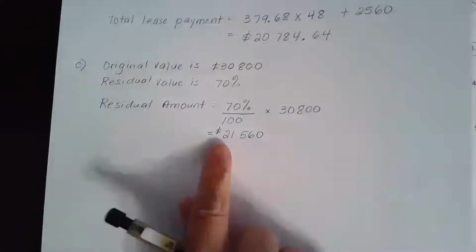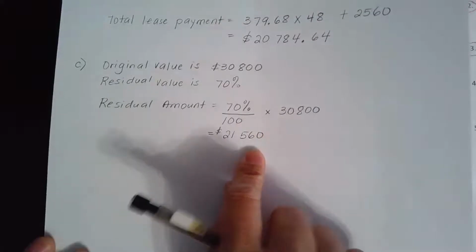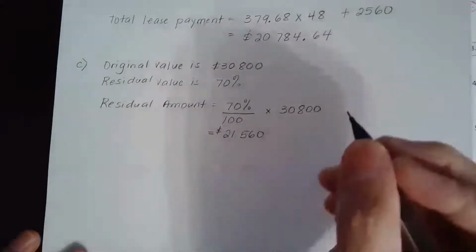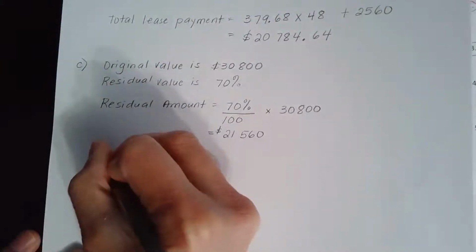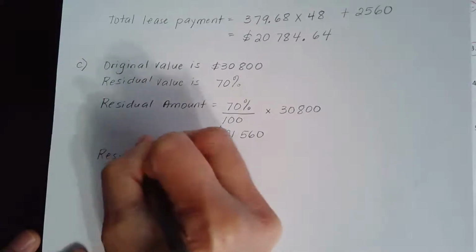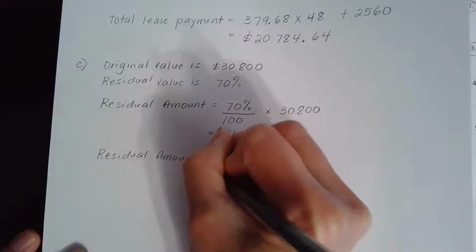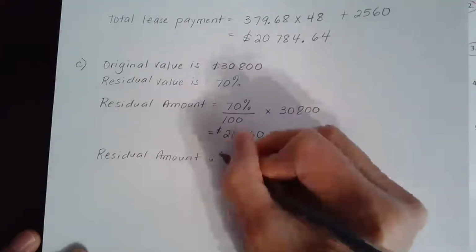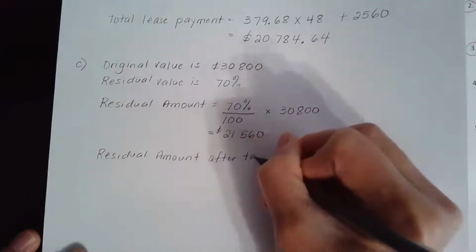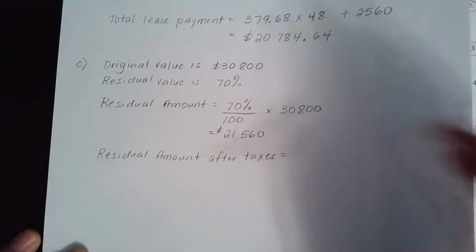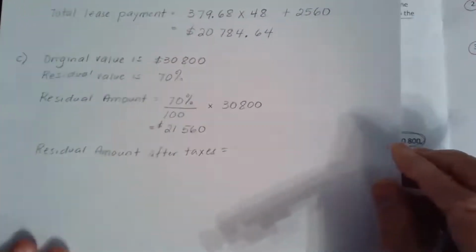This is what we have to pay for, plus taxes. So including taxes, residual amount after taxes would be